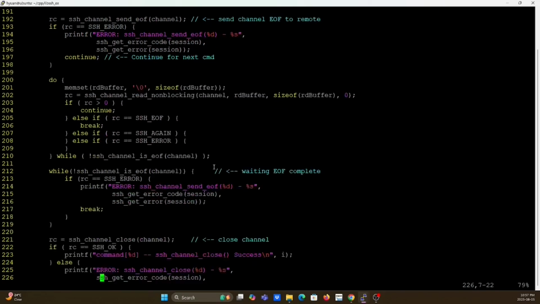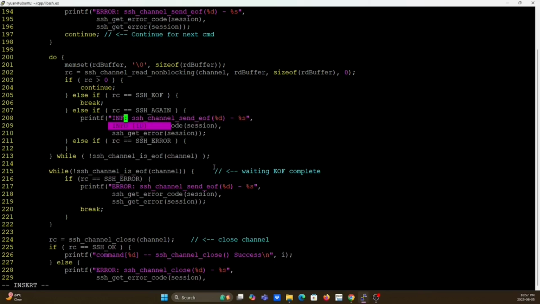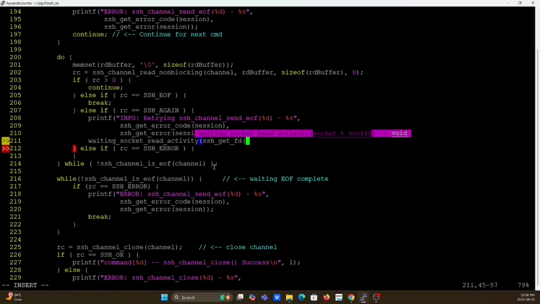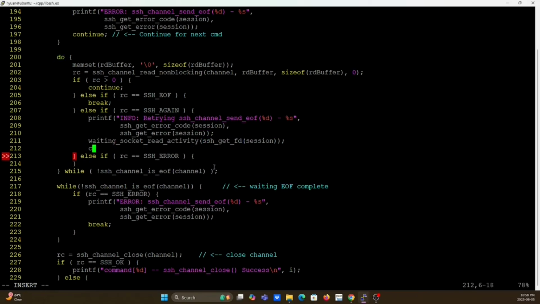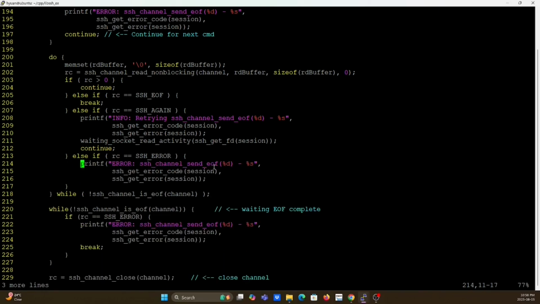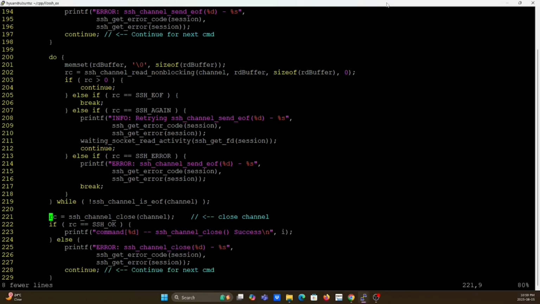If rc is SSH_AGAIN, it means we need a retry. Wait socket ready and continue retry. If error, 3yy, copy 3 lines, paste here, print the error message. Then we delete these 8 lines. Next is closing the channel and